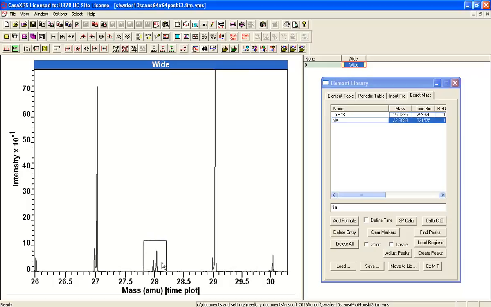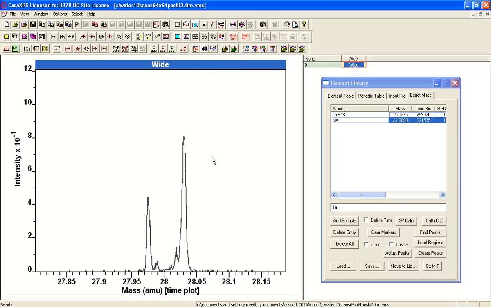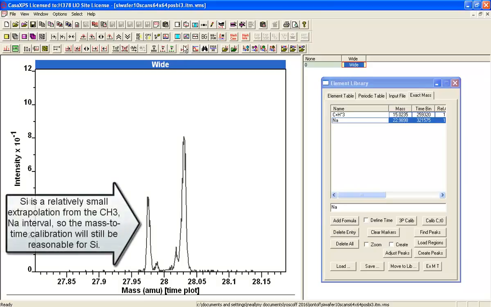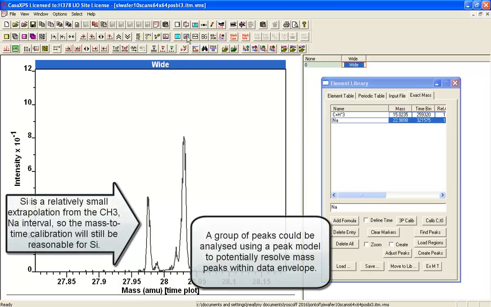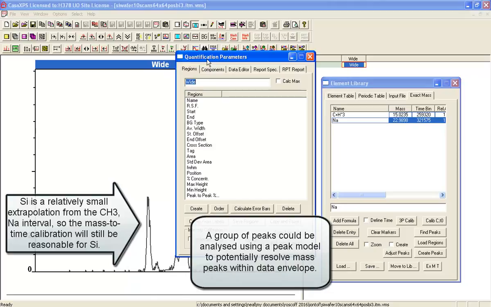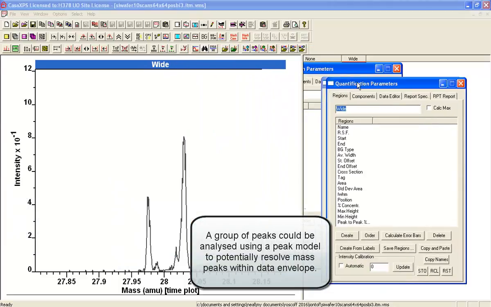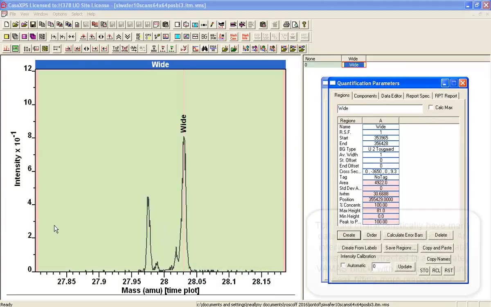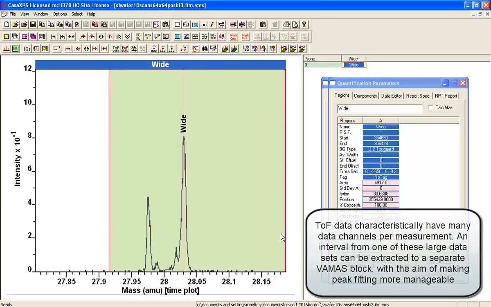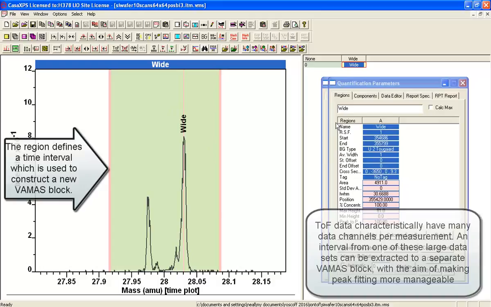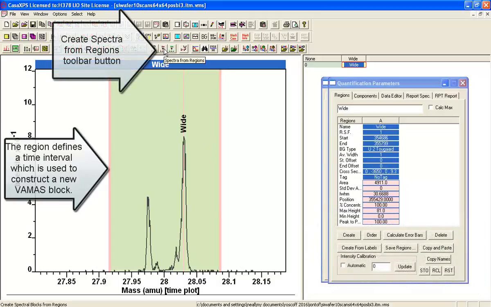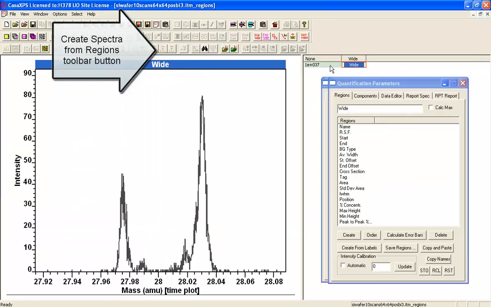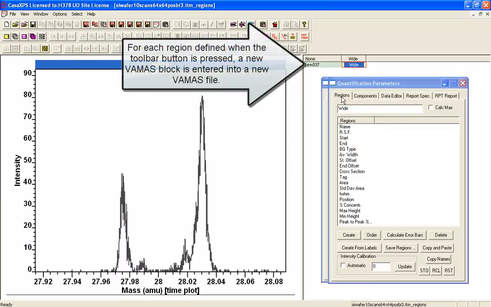So let's have a look here. There's a couple of peaks here which we might want to look at in more detail, so perhaps do a peak fit on it. And one of the things you can do is you can create a region, and this region will identify a section within the mass spectrum, and I can then use this button here that says Spectra from regions. I've only got one region, so a single VAMAS block is created,